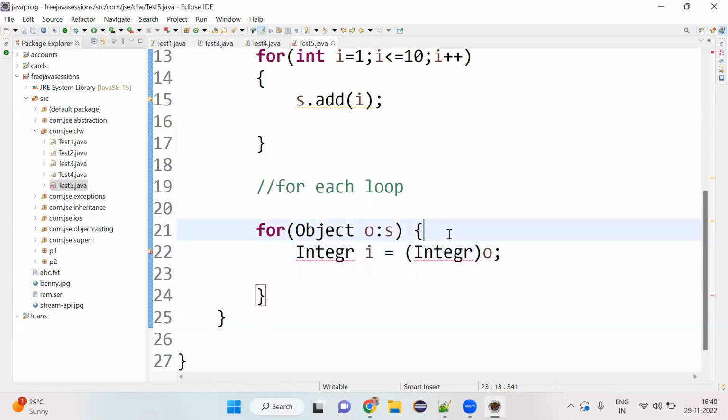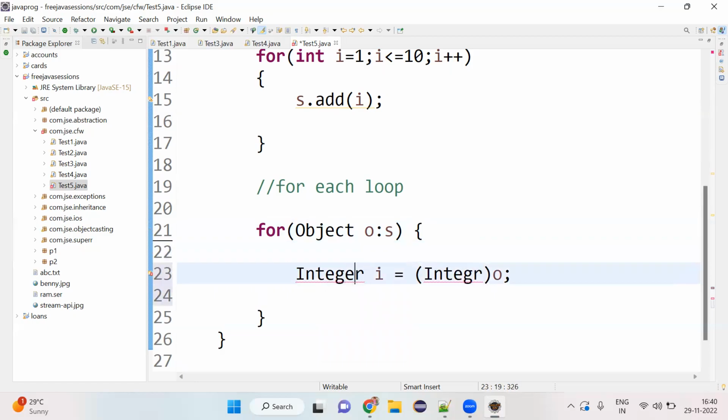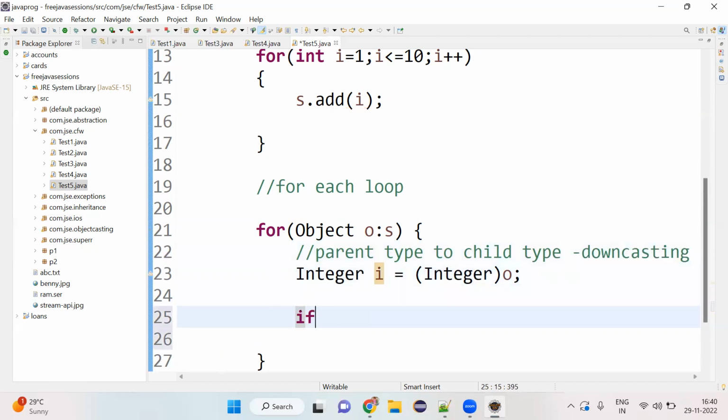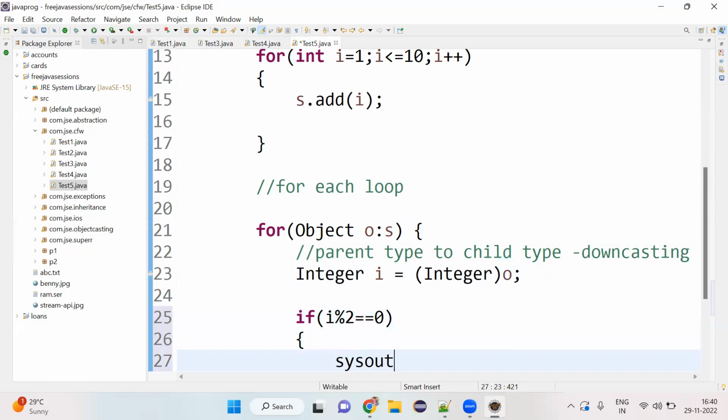So which casting is this? From the parent type to child type. Which casting? Downcasting. Okay. So after this, if i % 2 == 0, System.out.println of